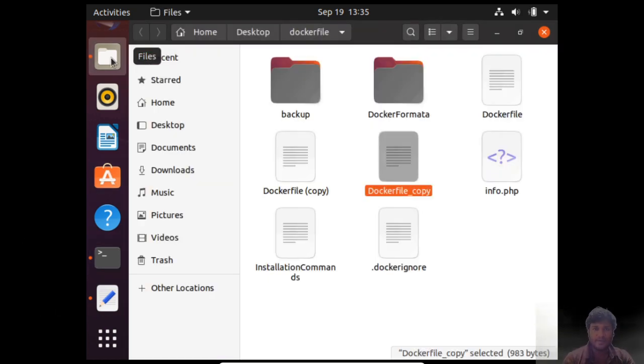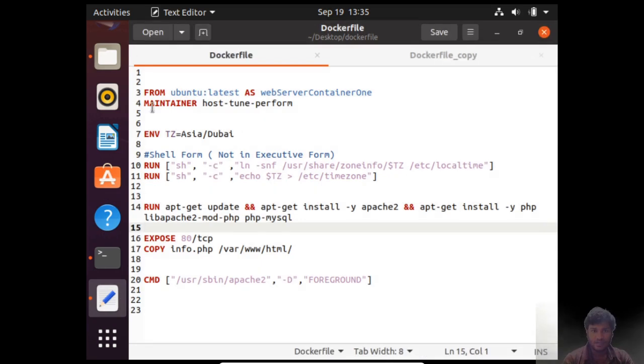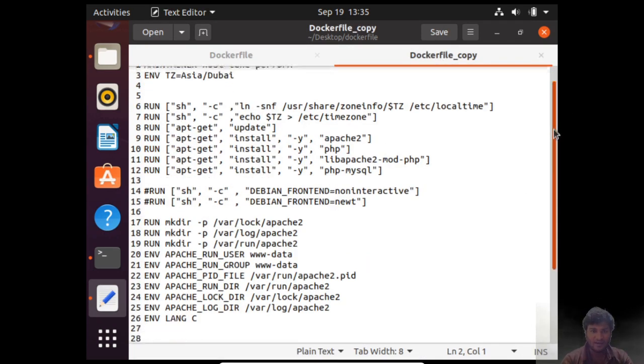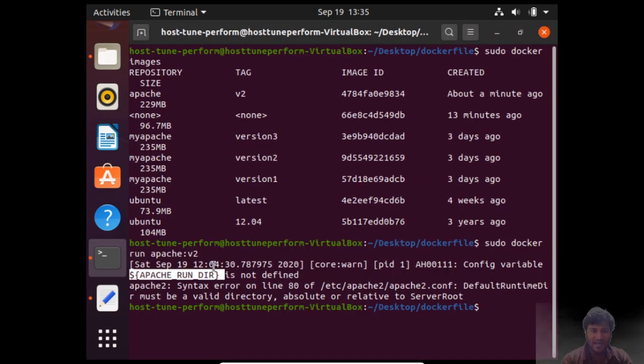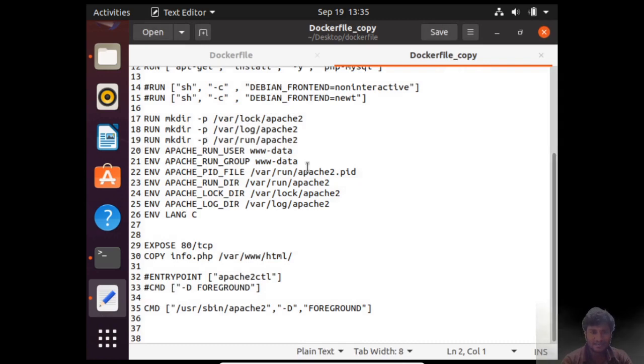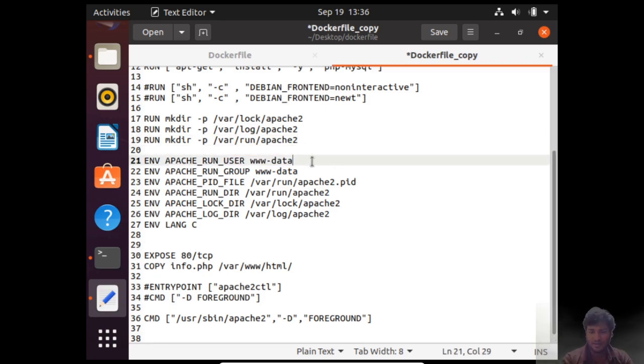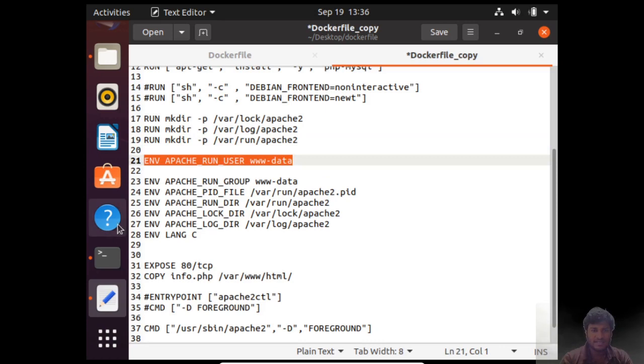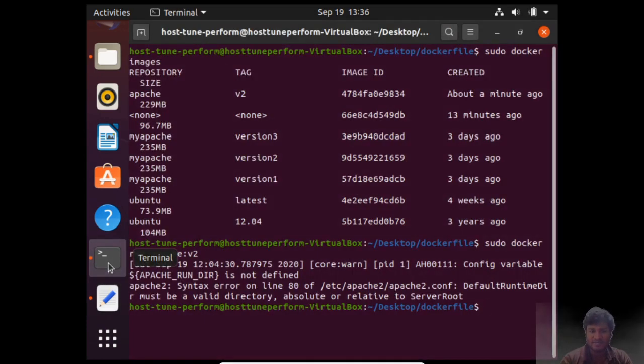So let me go back to my file. If we see over here that we do not have any directory like setup, so I have already marked them in a different file for you. We are getting an error of Apache run dir if we just place this particular line. So this is what we are doing, right? This will be setting up the environment variable for Apache. If you see my line number 21, this is the same error. So this is the line which will set up this environment variable, which is Apache run directory.